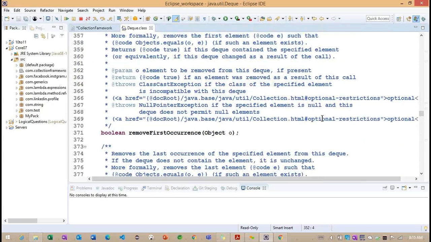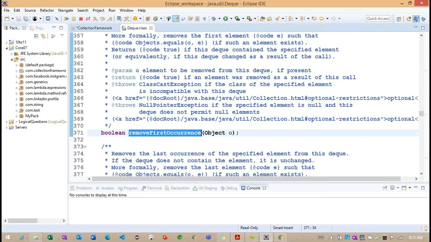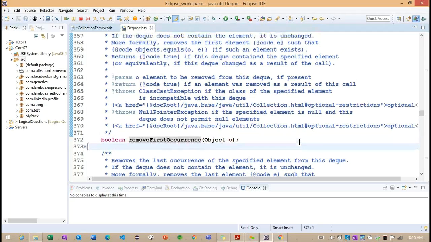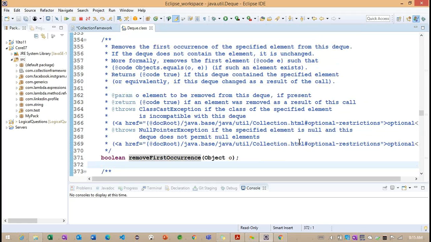Now we can understand removeFirstOccurrence. What does this removeFirstOccurrence do?